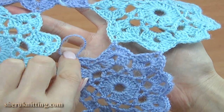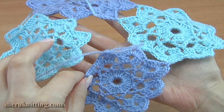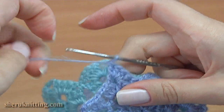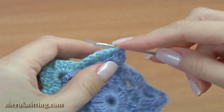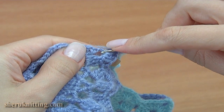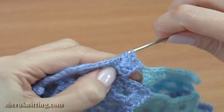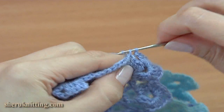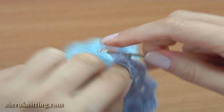I will join to the side motif. I take their backs together, make a chain, make single crochet into the middle chain stitch, then chain and 4 double crochet into the same chain space of the current motif. Then single crochet into the next chain space, make 4 double crochet into the next chain space,